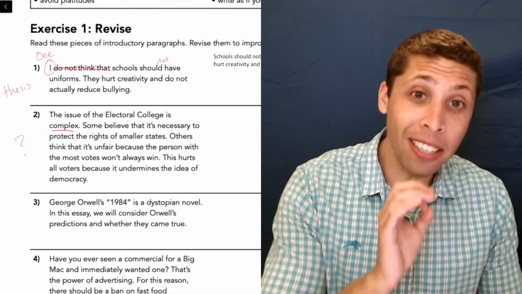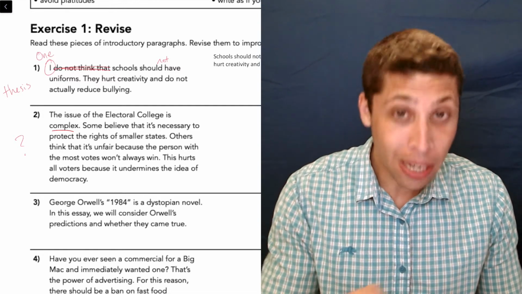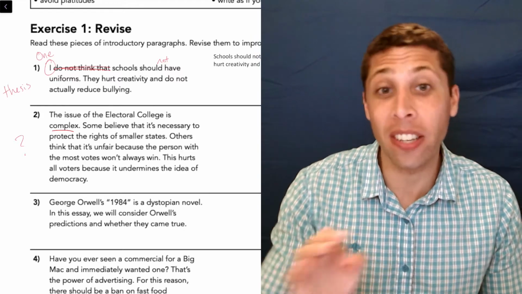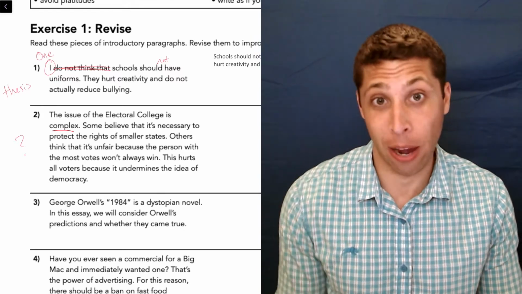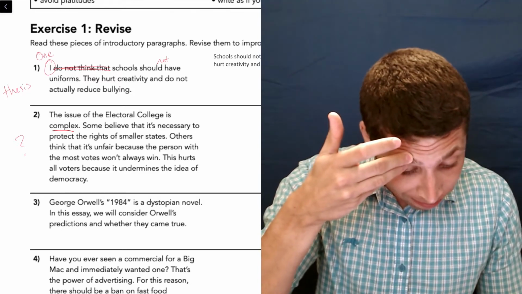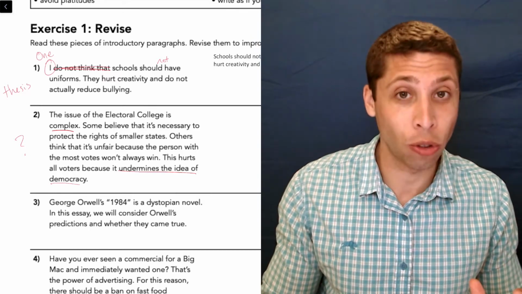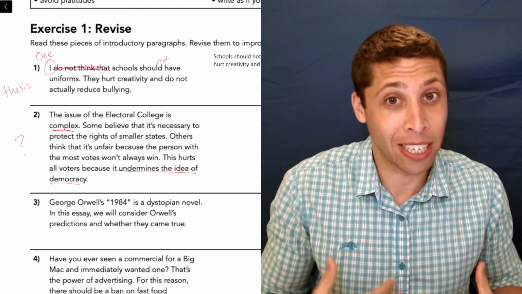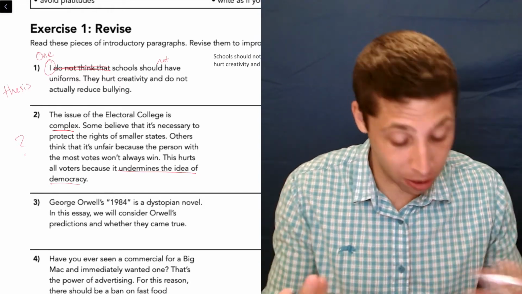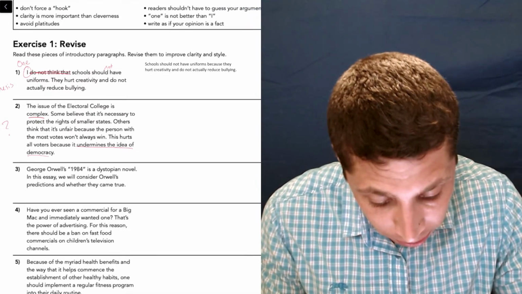We still may need to acknowledge a counter-argument. That's okay. But you have to make it clear that that's not your argument, that's someone else's, and then you're going to refute that counter-argument, right? So right now I'm kind of getting the sense that the Electoral College is bad. That seems like what this person is trying to argue. It's not great that I have to kind of make that assumption. Your reader should not have to guess what you're arguing. It should be clear. But let's see, how might we improve this?